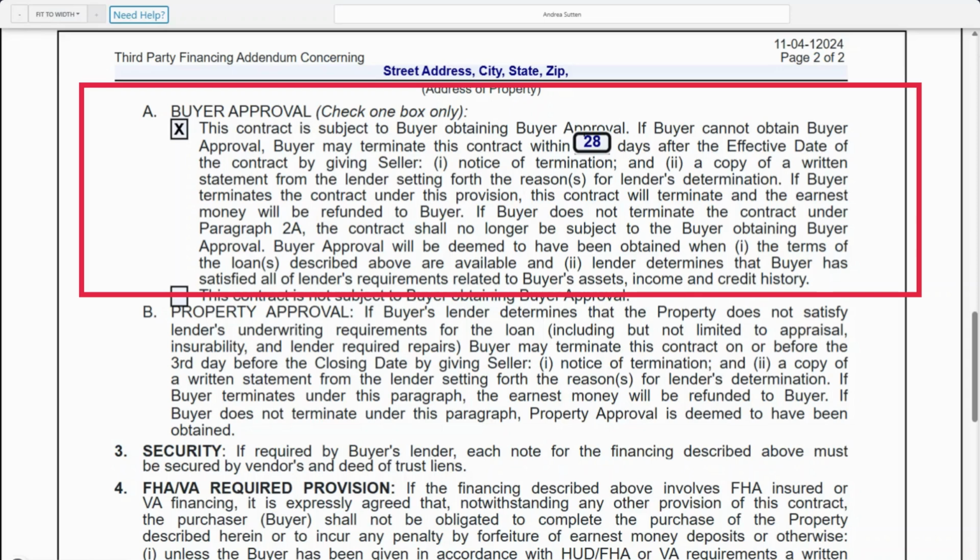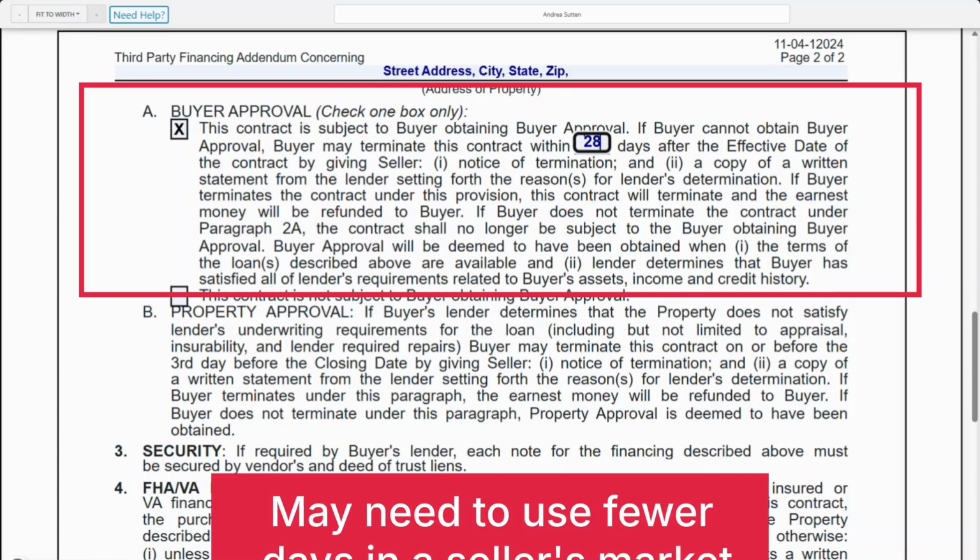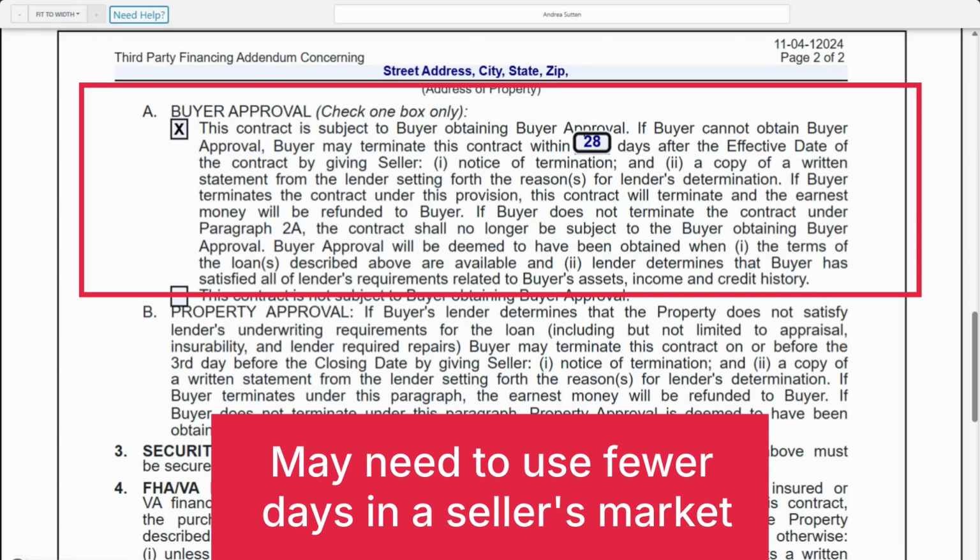We recommend using 28 days, which allows the lender 4 full weeks to get their work done. If it's a seller's market, however, you may have to go with fewer days, such as 21. If that's the case, make sure your buyer is already pre-approved, as you don't want to run out of days for your buyer to be able to terminate due to not being able to obtain financing. Make sure your buyers use a reputable lender who provides weekly updates, so you'll know exactly where your buyer stands